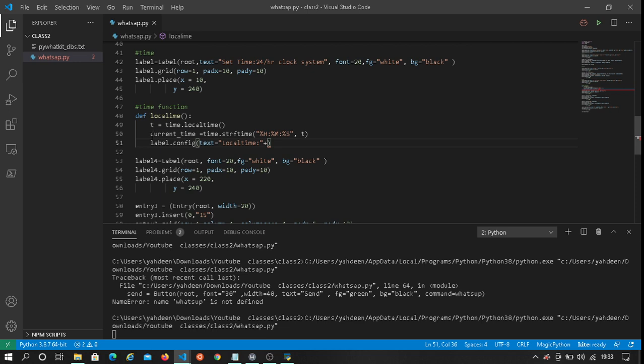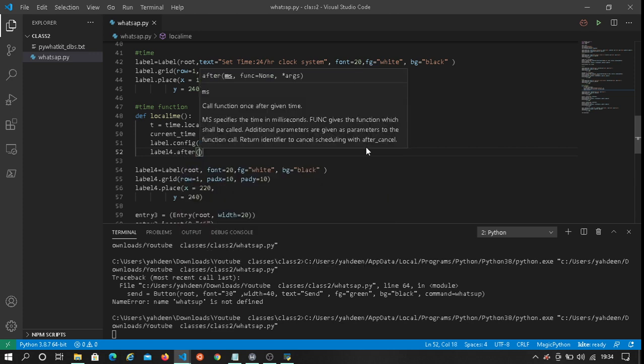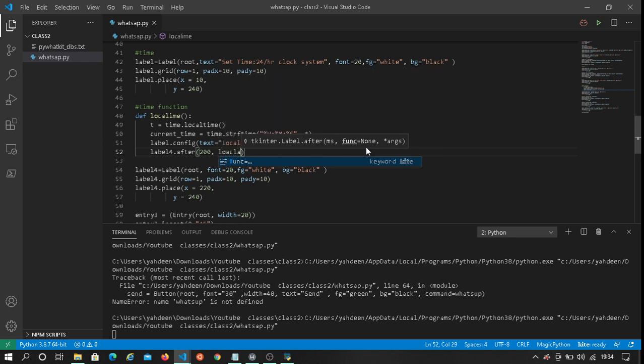Now the variable that we wrote here, current time, plus current time, and then now we write label 4 dot after, and then we write 200, local time.